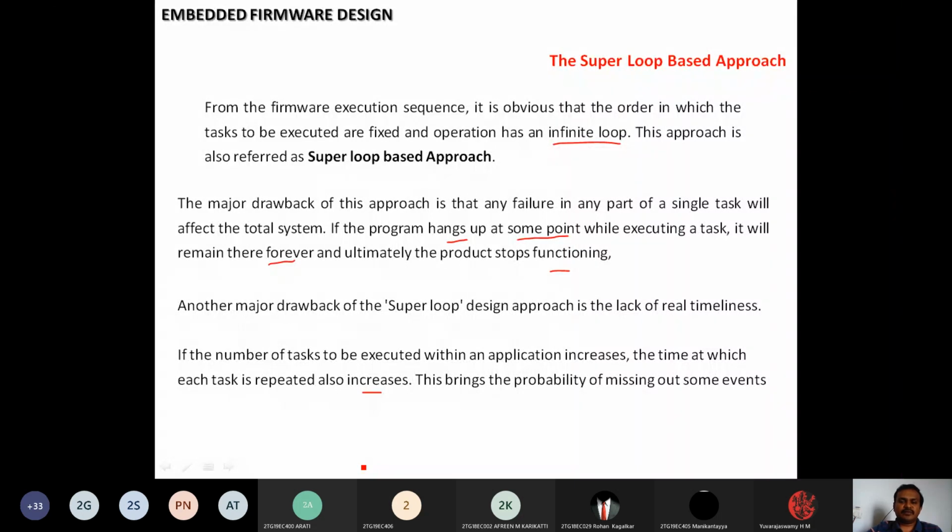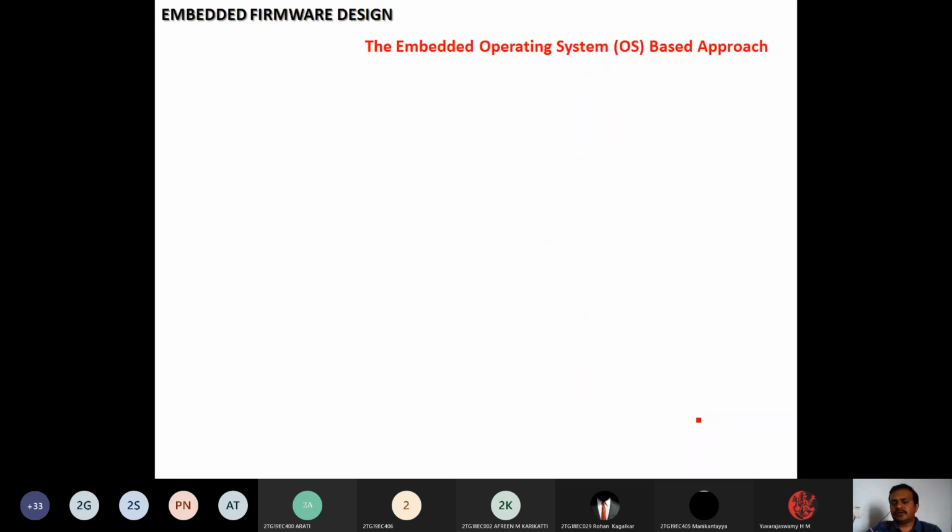So because of some increased applications, obviously we are going to find it brings the probability of missing out some events. Okay, so this is about the super loop based approach. Next, we go for designing that firmware